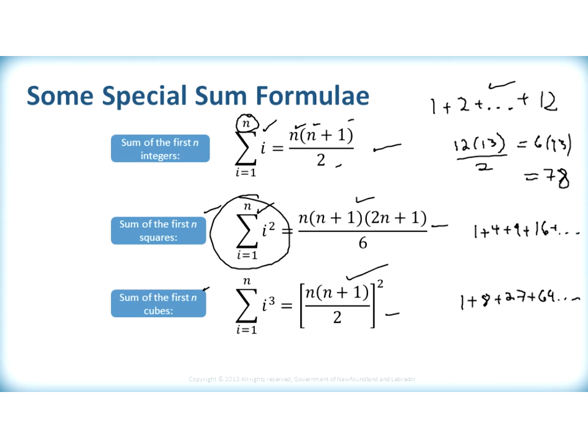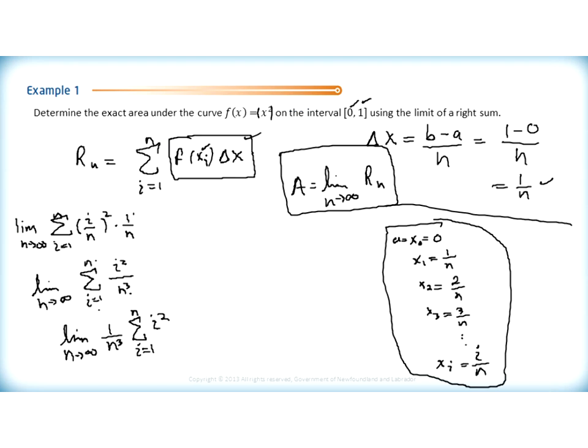So we can use this formula. It's n times n plus 1 times 2n plus 1, all divided by 6. So I can replace that entire sum with just this. Oh, that's nice. So I'm going to come back over here, and what I'm going to have is the limit